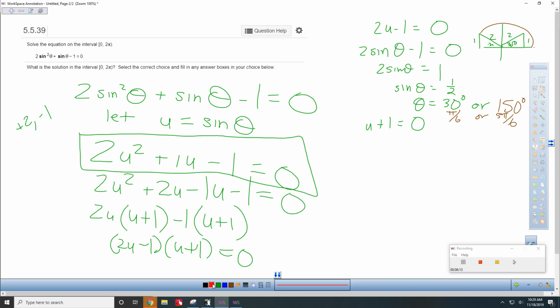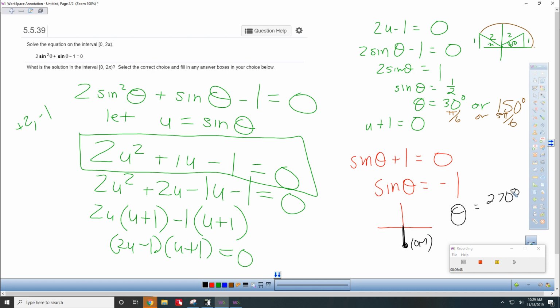U plus 1 equals 0. So sine of theta plus 1 equals 0. Sine of theta equals negative 1. I think the sine equals negative 1 right there. That's at 0, comma, negative 1. Yep. Okay. So theta would be